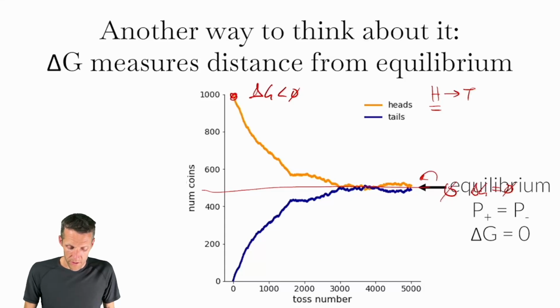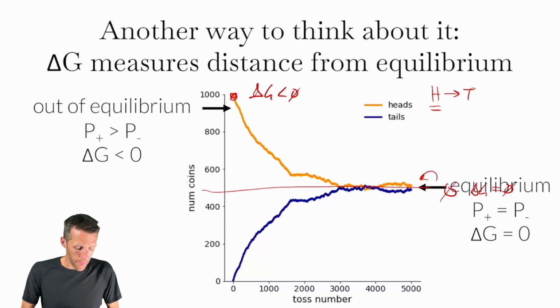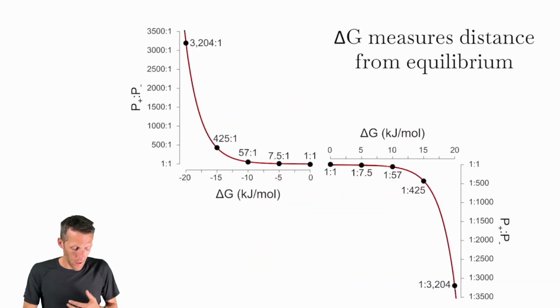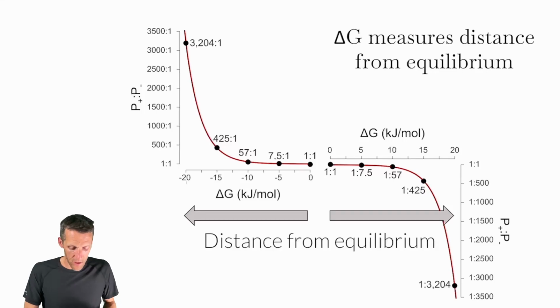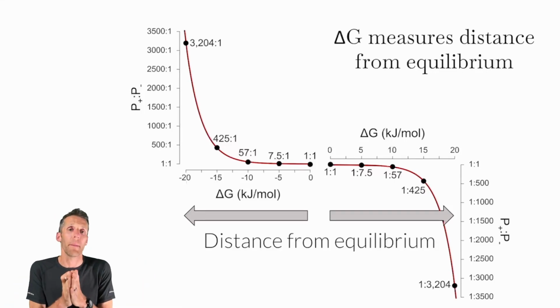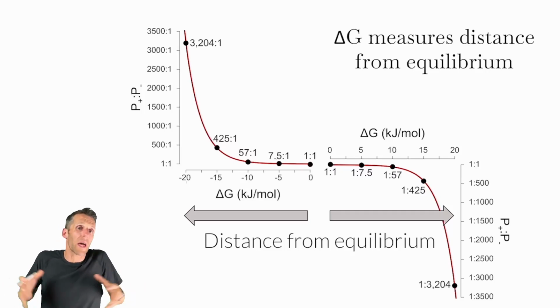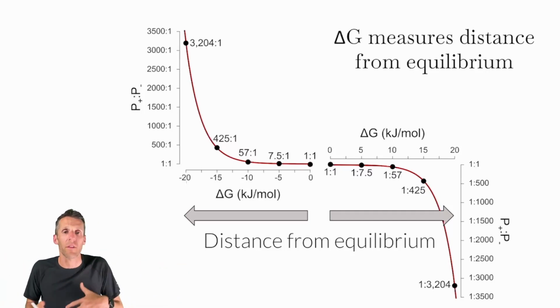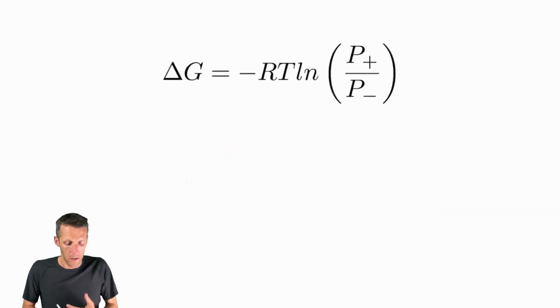I had a graphic for that, and that's the equilibrium there. I did it with a pen, and I did it also here with slides. And so we can put that on this graph as well. So here I'm showing these odds. You could also just think about this as distance from equilibrium. If I'm at a delta G of 0, I'm at equilibrium. As I move away from that, I'm getting further and further from equilibrium, and I'm getting more and more information to say which way the reaction is going to proceed.